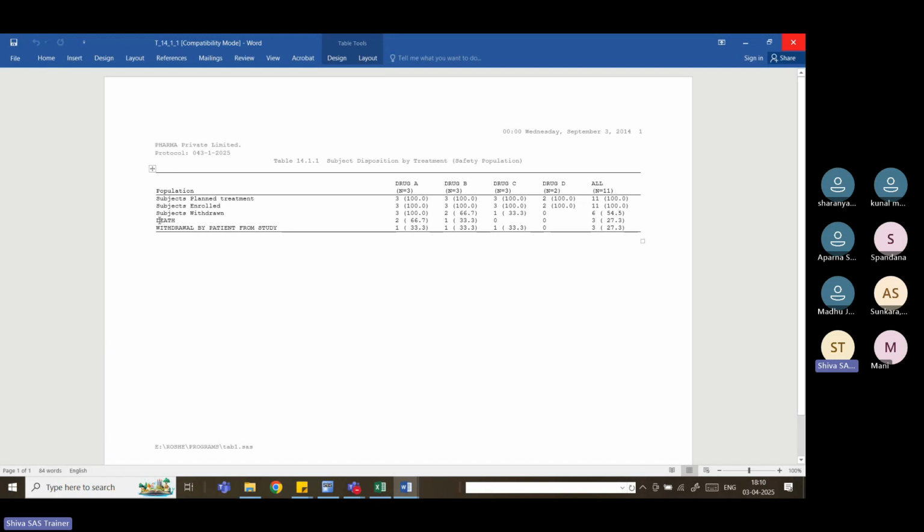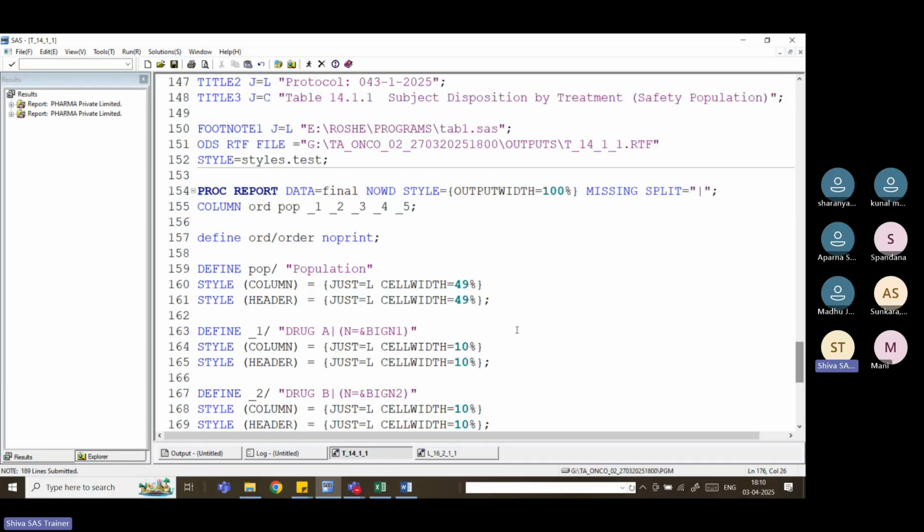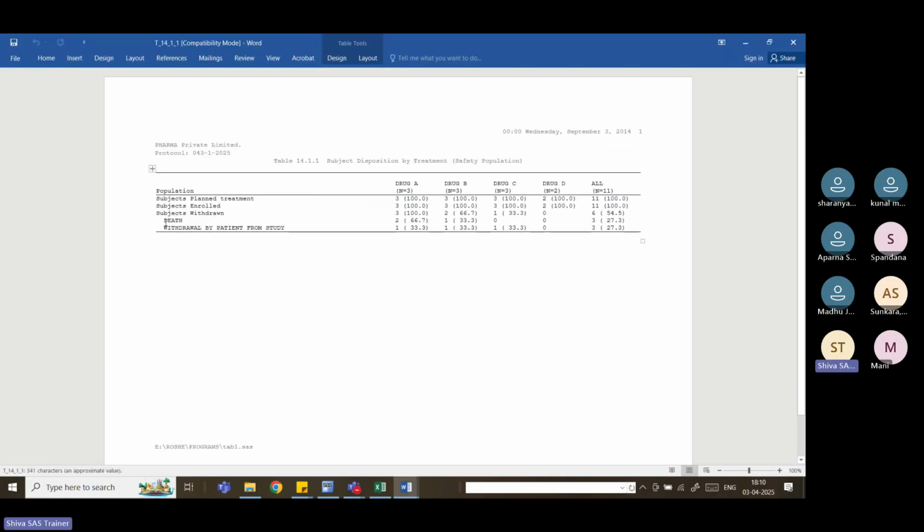And one more thing here, we have given the spaces, but if everything is left aligned, it will go as a left alignment. To overcome that issue, as is what they gave in the data set, we use asis equal to on, so that if you give spaces, those spaces are also printed here. Now you can see the spaces we are giving, right? Now the counts you can cross check: plan treatment, everything, enrolled, everything, withdrawn 3, 2, 1, total 6